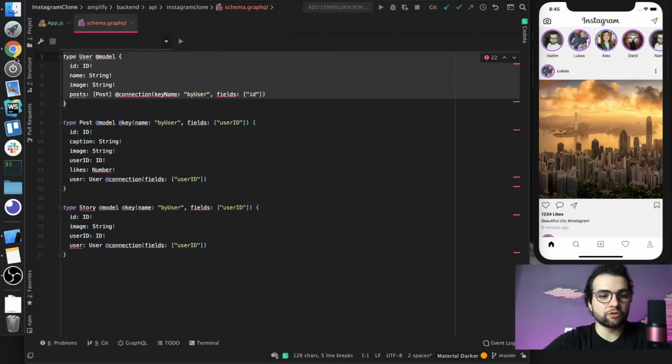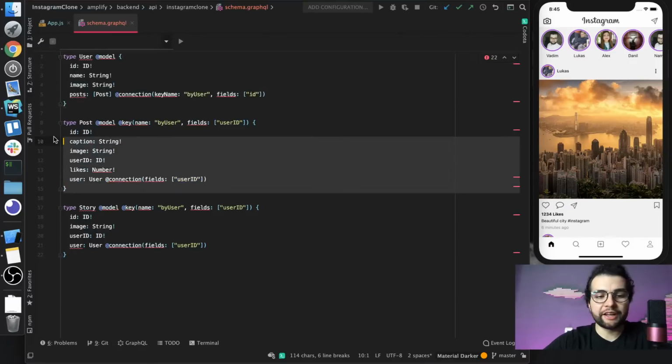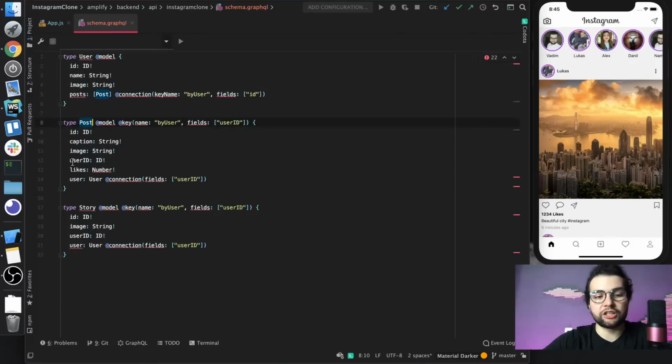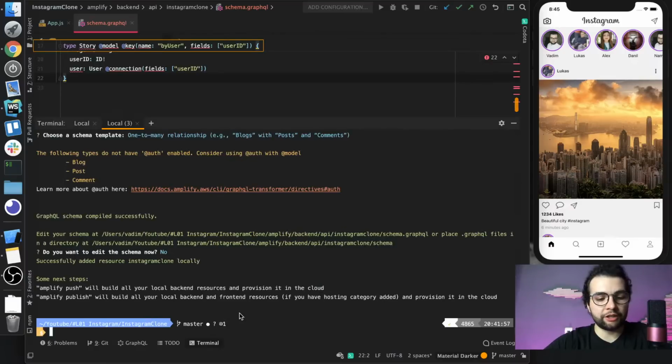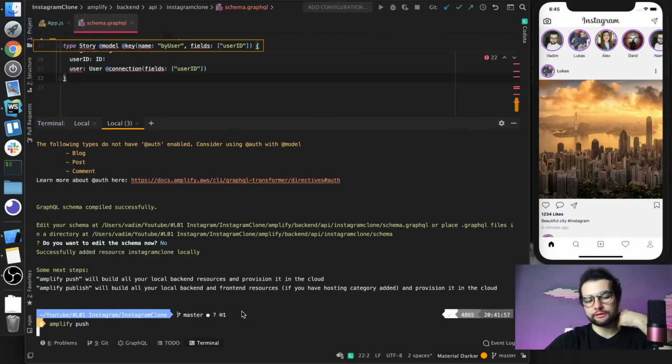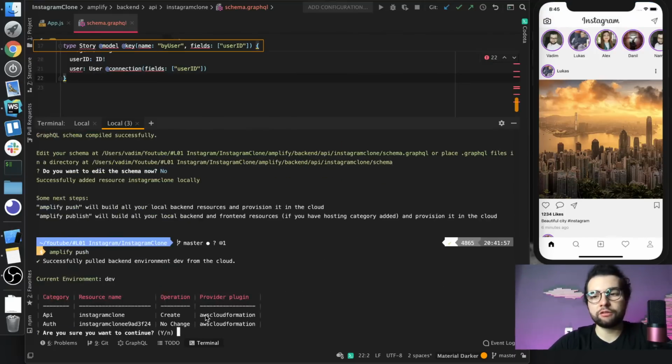We have a user model. We have a post which has a relationship to the user because it's posted by someone. We also have a story, which has a relationship with a user. And right now what we need to do is call amplify push. Amplify push, as I said before, will go and create this